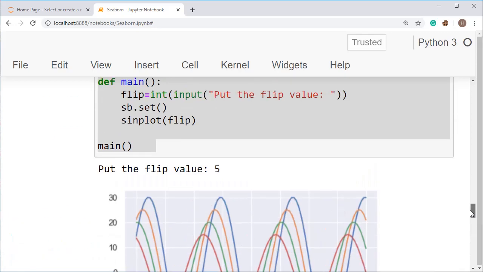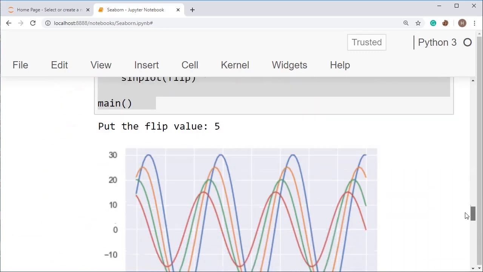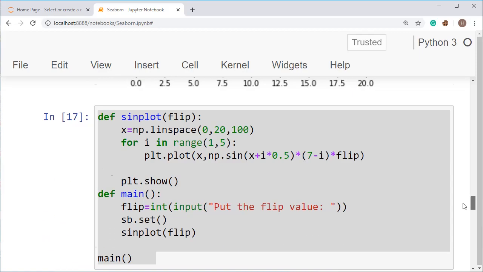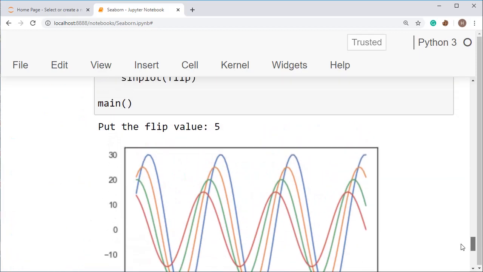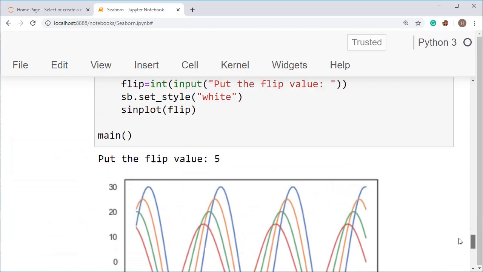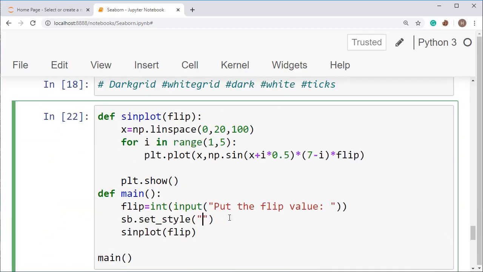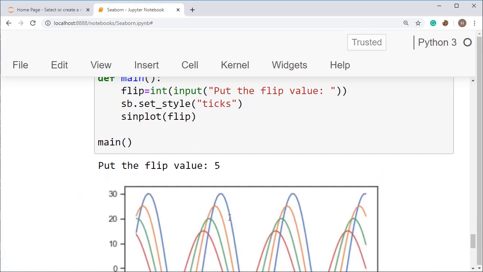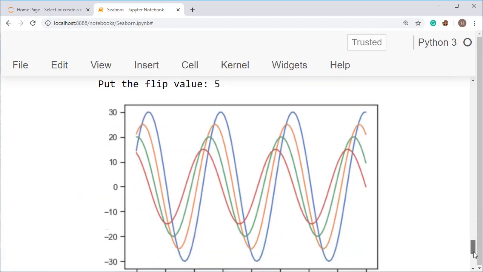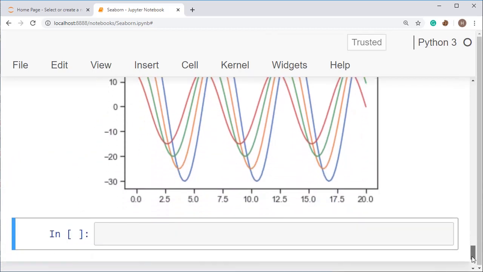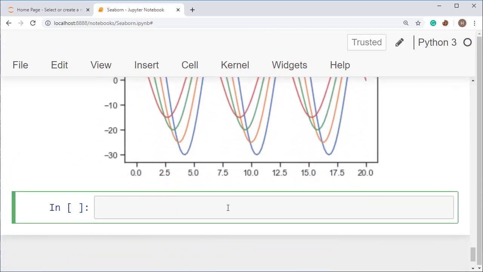See here, if you plot it with just matplotlib, it's similar to that. So these are the changes you can make, and you can also put ticks. So you are going to get the graph like this. Actually, ticks will be shown in graphs like line graphs and other things.